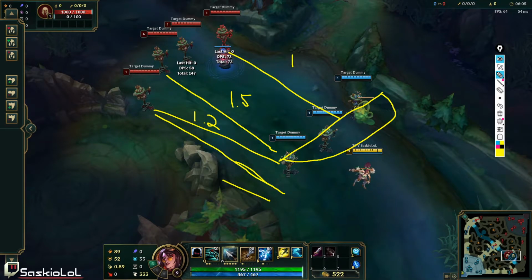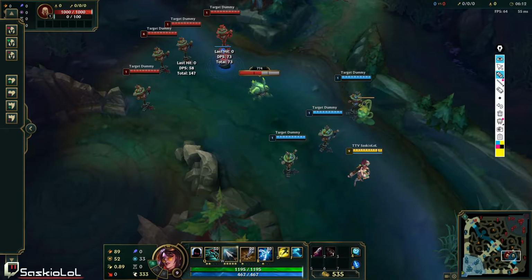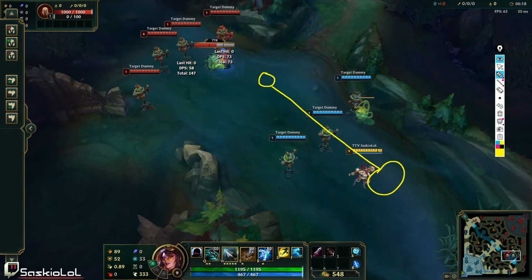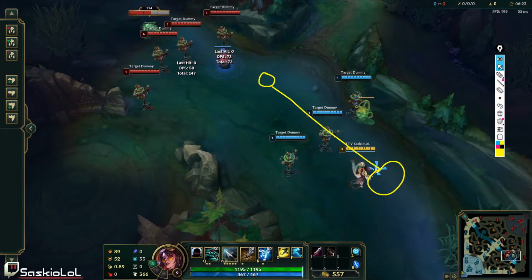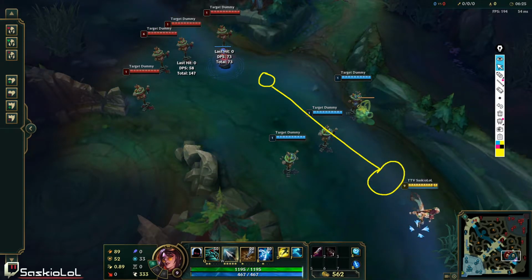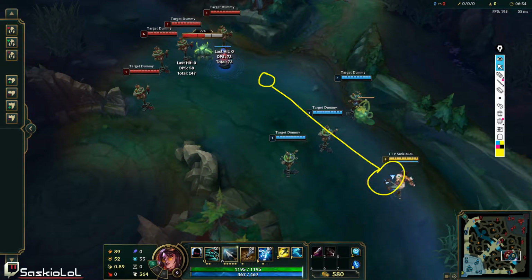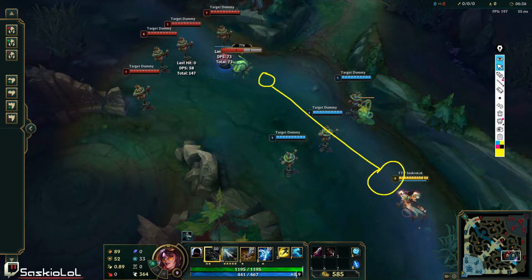And now, there are 2 more factors you have to play into this. Flash range. As you can see here, Malphite can flash right here, so now it increases his range even further, right? So now you have to keep that in mind when you're moving forward as an ADC in this situation, right? So maybe I might want to play back here until the initial engage happens, right? But maybe I have flash, right? Then I can walk up and I can be ready to flash or to Q out of it, right?